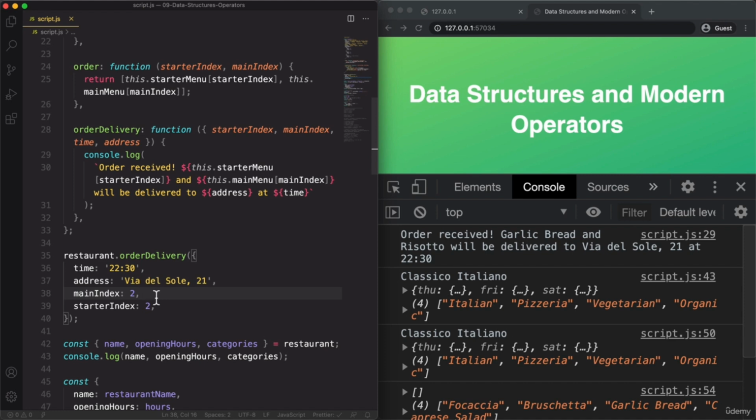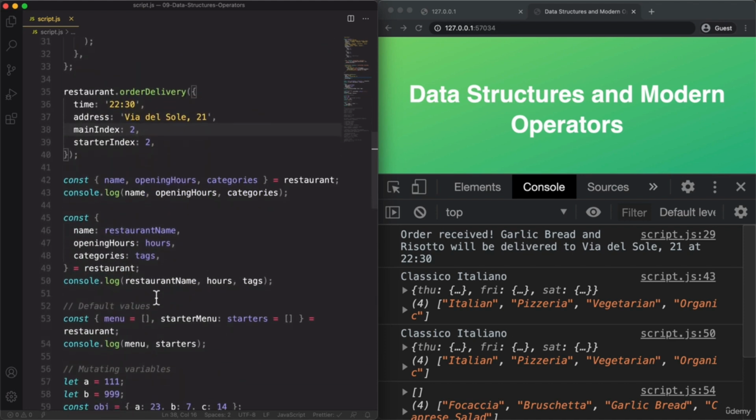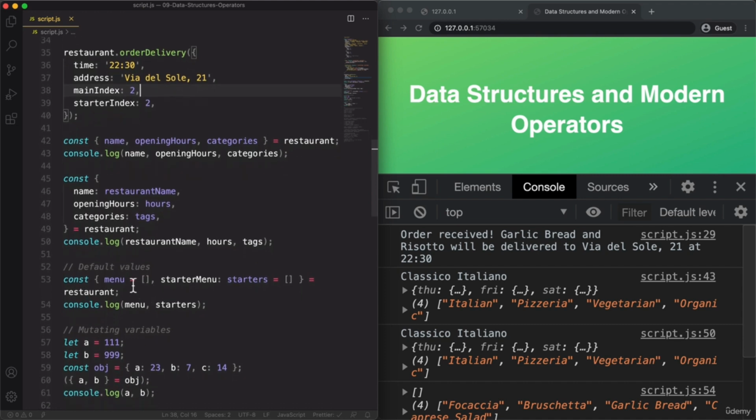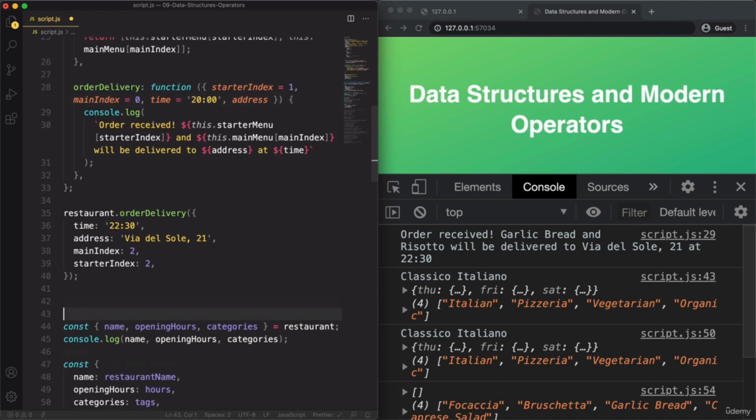All right. So this is great, but we can even use some more knowledge that we gained here, which is these default values. So we can now use this to basically set defaults here on some of these. So let's say that the starter index will be 1 if it cannot be destructured, and that the main index will be 0 and the time will be 20 hours. And so now as we call this method,